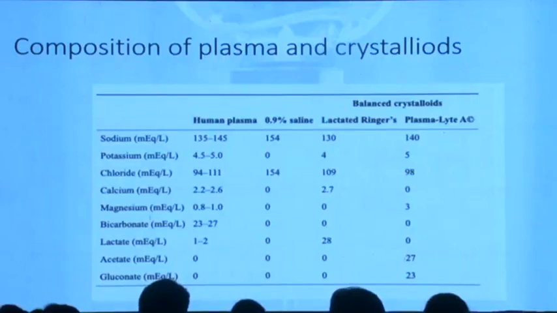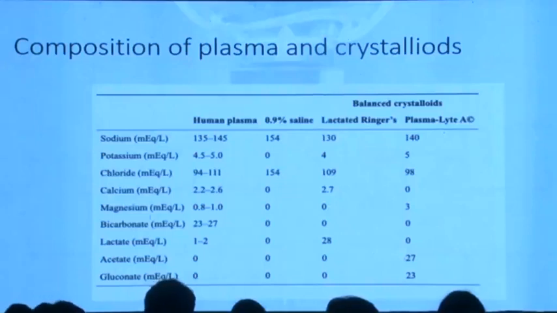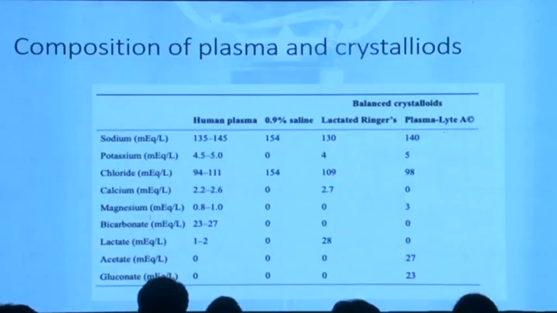so your lactates also don't rise. It contains a small amount of acetate, and if your liver is working well, this acetate will ultimately get converted into bicarbonate. So you will be giving some amount of bicarbonate through a very judicious use, and your pH is better. And we know now hyperchloremia, if you give a large amount of NaCl, it will cause hyperchloremia. So that causes increase in acute kidney injury, and it causes